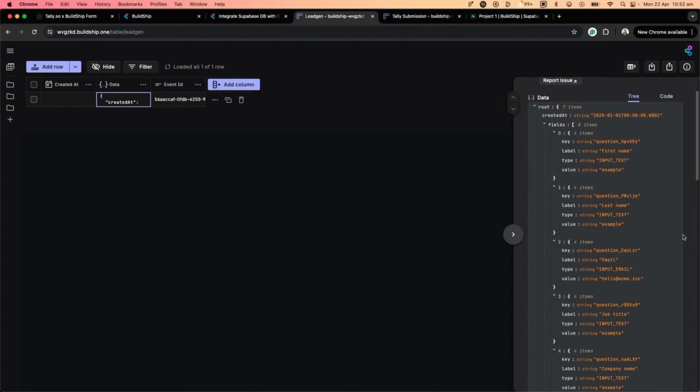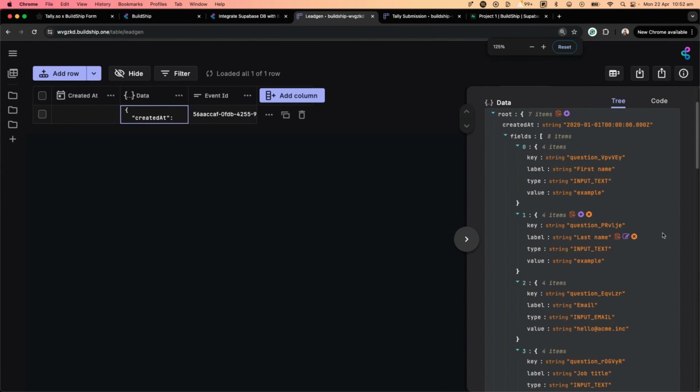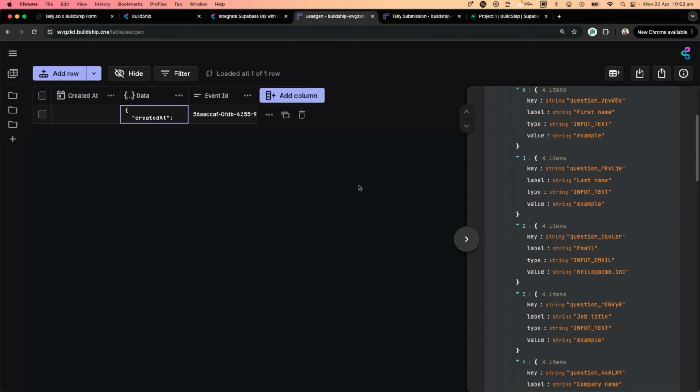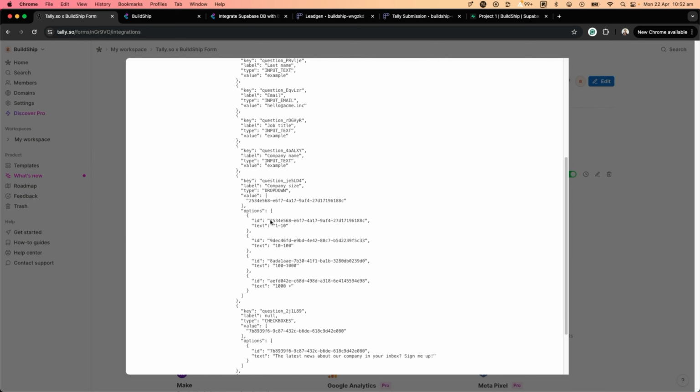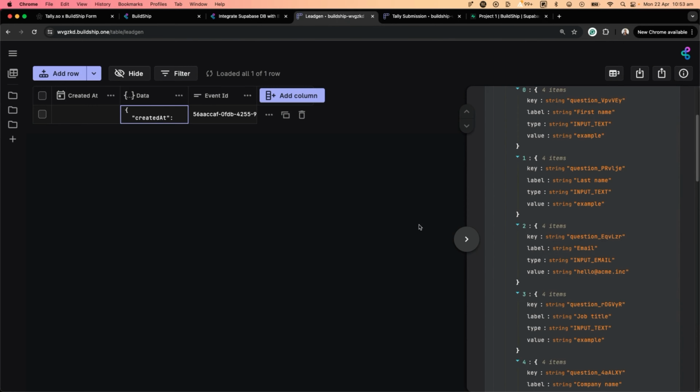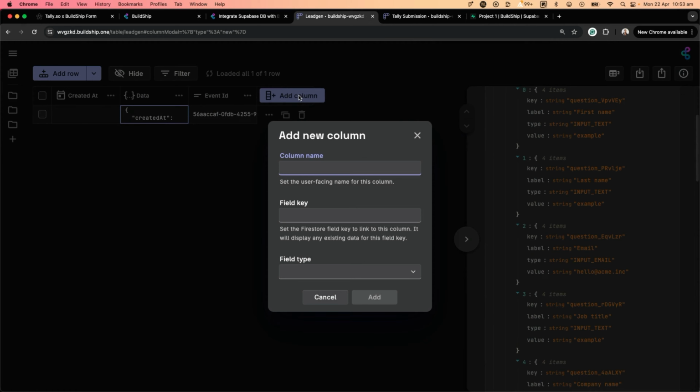Now, if you look at this data, you can actually open and expand this to look at it further. You can see that the fields are getting stored in a big JSON format like this, similar to how Tally sends the data, a big blob of JSON. Now, you don't want this exact data to be stored. You want it to be spread out in a nice spreadsheet that you can easily read and share with your team members. So to do that, what you need to do is add individual columns that spread this information out. So for example, you can say first name, and what you need to do is